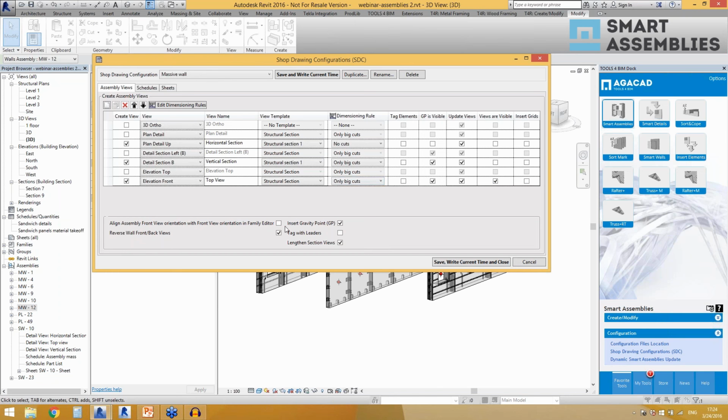Here you also have options to align the front view as it is in the family editor of the element. You can reverse front and back views, which is important for the walls. You can choose to insert or not insert gravity points. You can choose to use tags with leaders, and you can choose to lengthen section views. So this option gives you